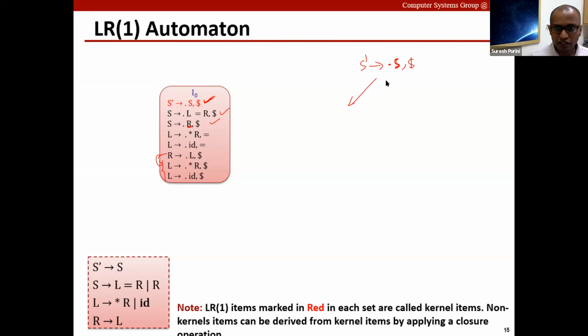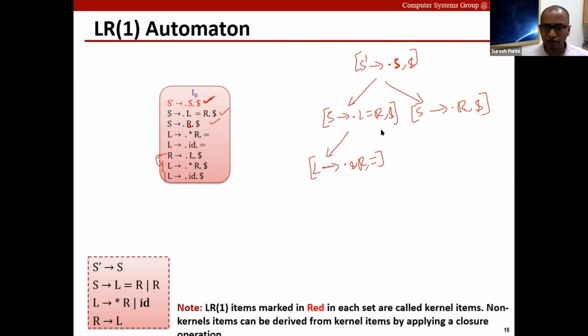And there are two ways in which this story can unfold. One way is that the string is derivable from L equal to R followed by dollar, or the string is derivable from R followed by dollar. So these are the two ways in which the story can unfold. And then when we go here, we are anticipating. So L goes to star R followed by equal to, because equal to is present immediately after this symbol